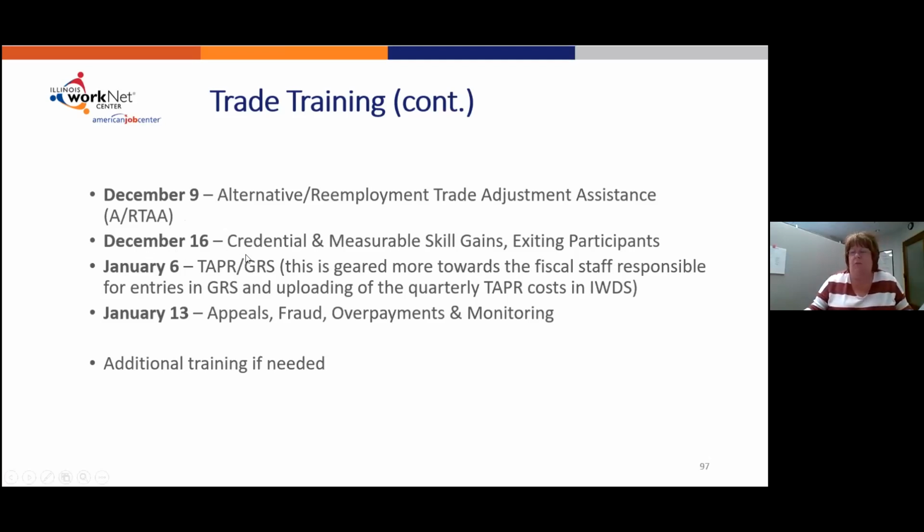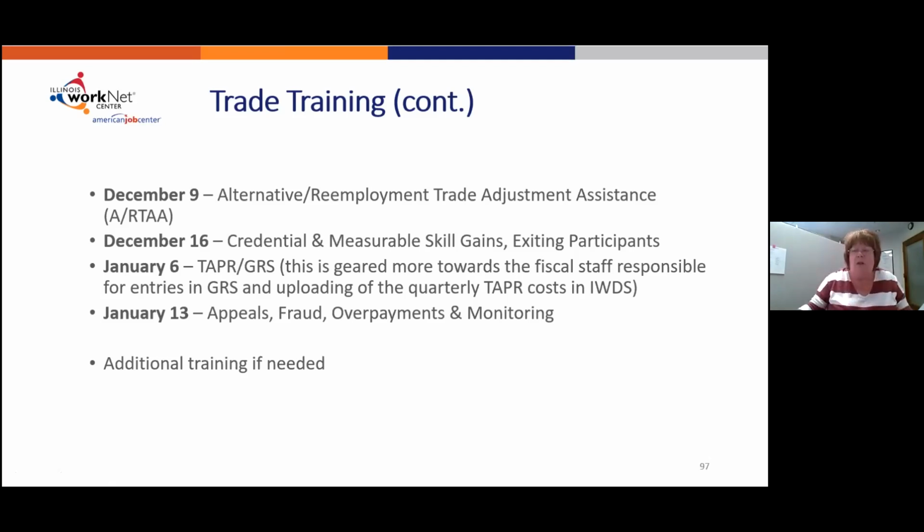December 16th, we will cover credential and measurable skills gains and exiting of participants. January 6th, the taper and GRS. This one will probably be geared more towards the fiscal staff. They're responsible for those GRS entries and uploading of those quarterly taper costs in IWDS. So, we will probably send that invitation out to those fiscal staff as well, but all of you are welcome